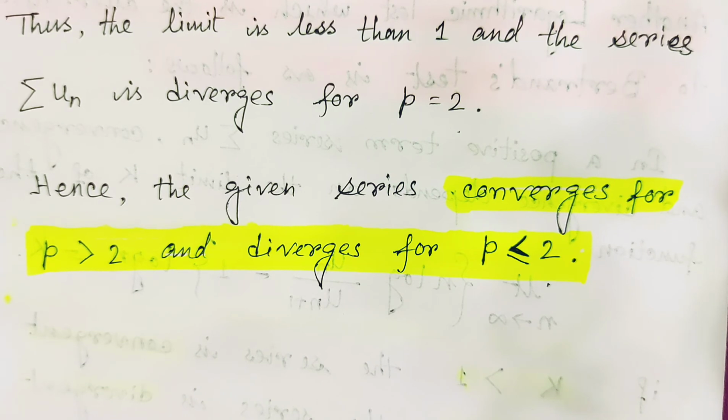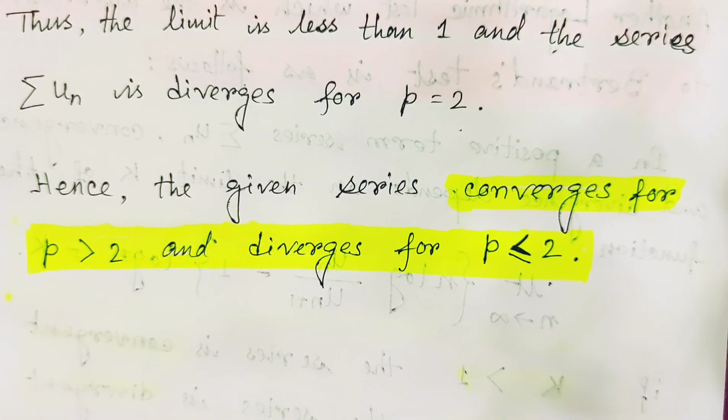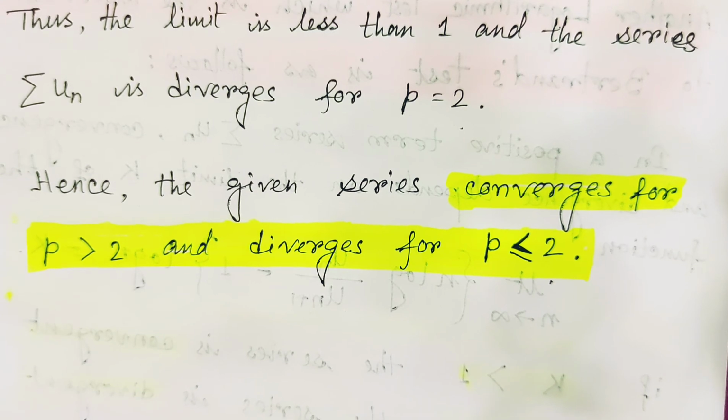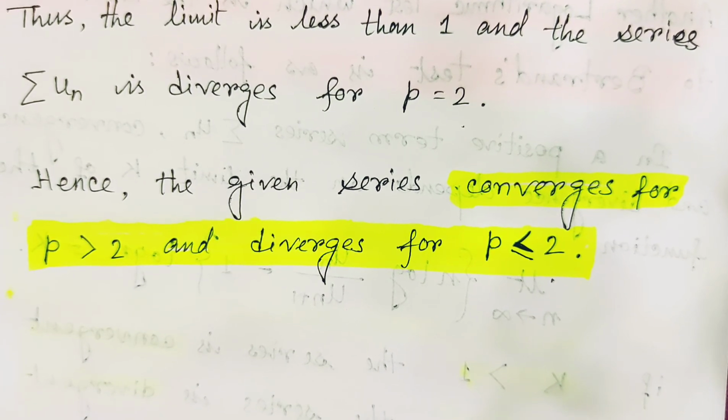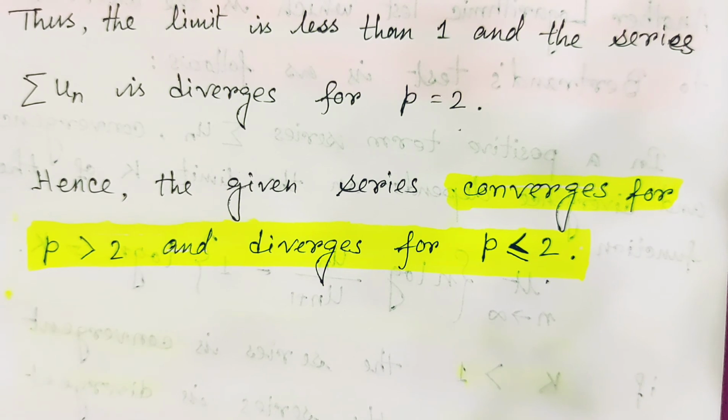So in this way, we can apply the logarithmic test for various types of given problems. We have to identify what type the given series is, that means whether its general term is in the power of n or not. If it is in the power of n, then after failure of D'Alembert's ratio test, we should apply the logarithmic test. Okay, so this is all about the different types of tests.